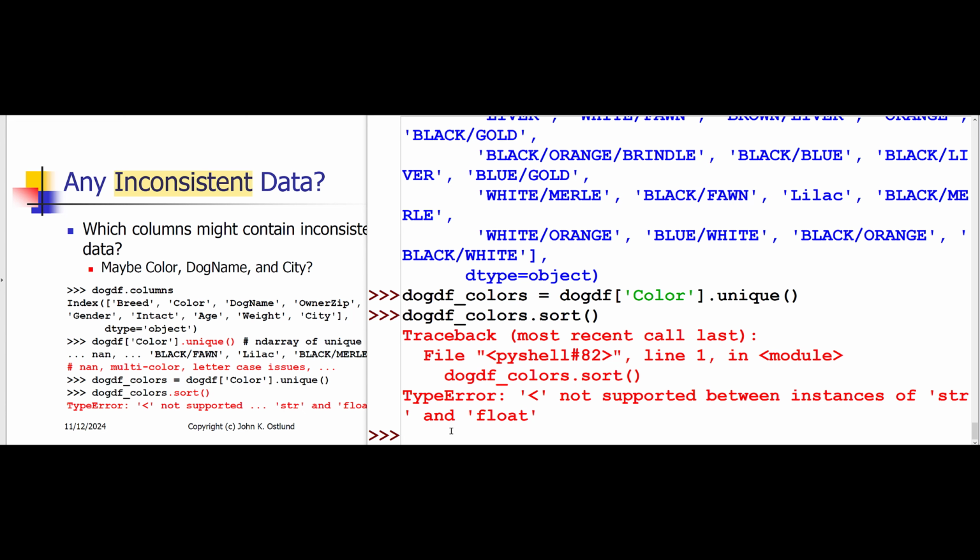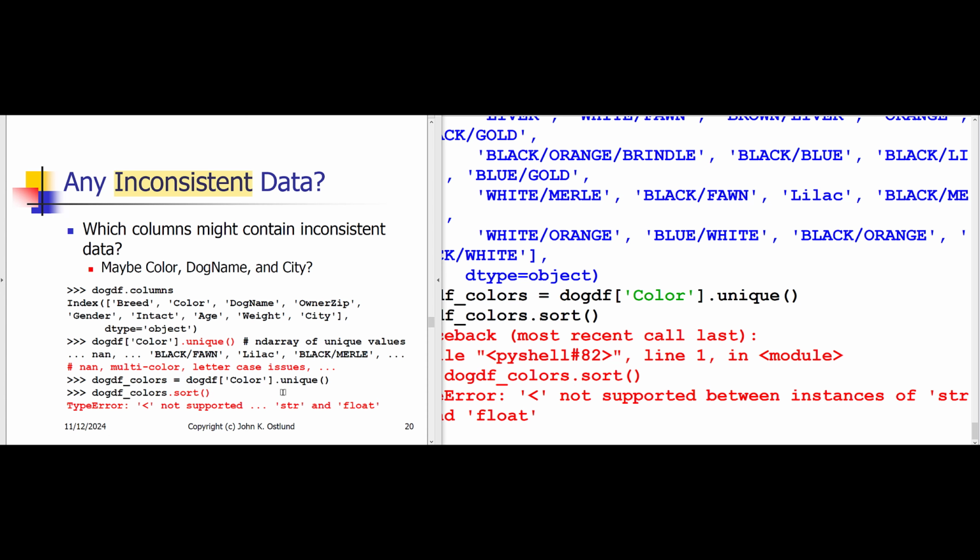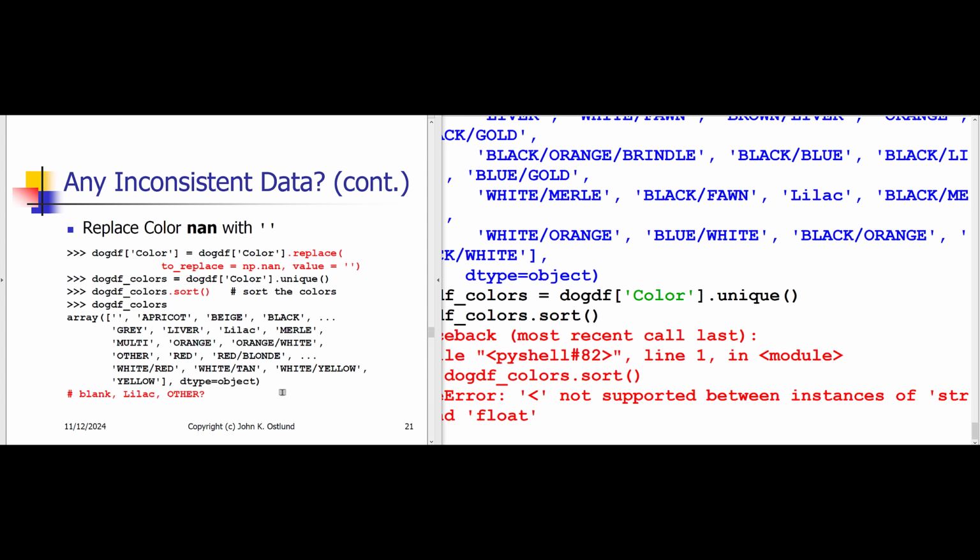But unfortunately, because of the not a number that we saw, and there may be some other not a numbers in there as well, I'm unable to sort this thing currently because I've got a combination of strings and not a numbers. Well, so let's